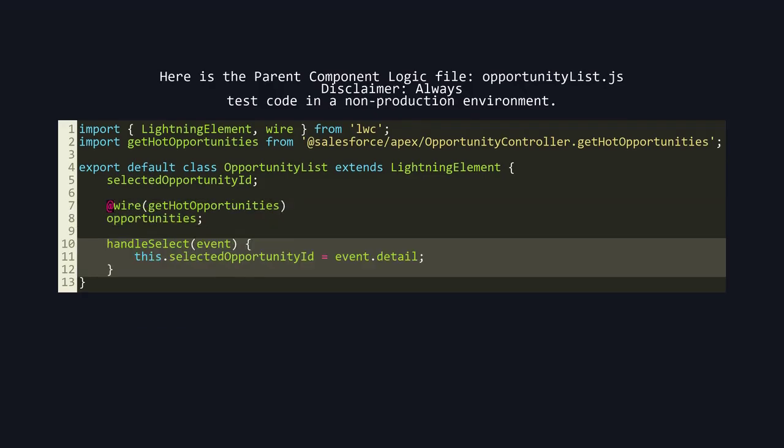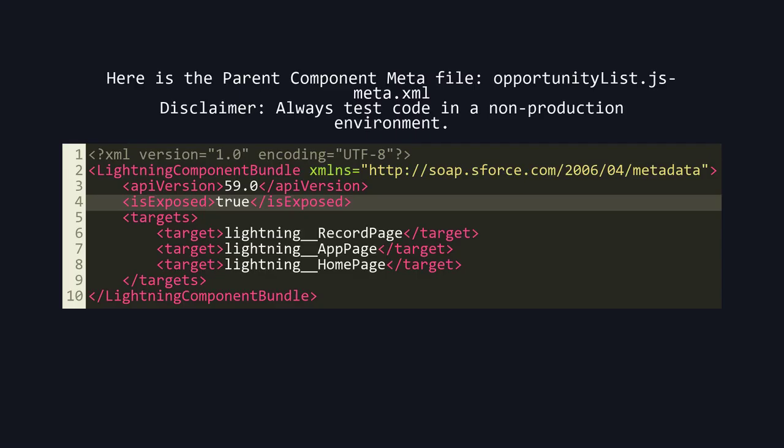This handler executes when any child card dispatches a select event. It accesses the ID from the event's detail payload and updates its own state, causing the UI to re-render and display the selected ID. Here is the parent component meta file,